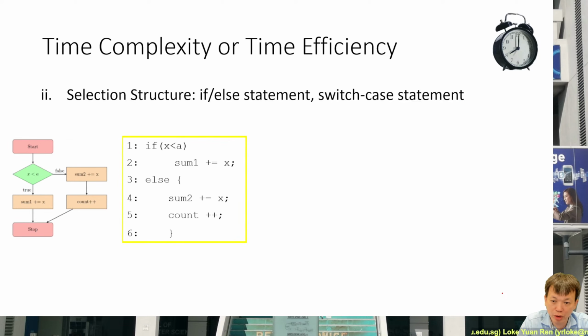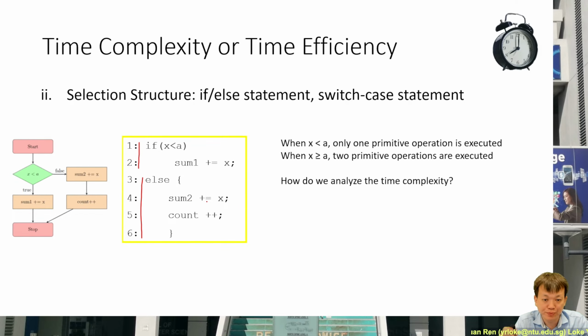So that is one problem. Another issue: whatever algorithm you have, you definitely have some if-else statement in your algorithm. Sometimes you may do this portion. Sometimes maybe you will run this part. In certain conditions, you may run this portion. In another condition, you may run a few different operations. So in this kind of selection structure, how do we analyze the time complexity? You'll find